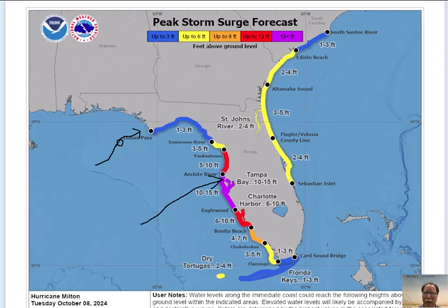significant impact region with respect to the storm surge, perhaps as much as 10 to 15 feet in and around this area right here. Now, farther down along the coast, it'll slowly drop off in terms of the height of the peak storm surge that is expected. But even down in the Keys here, you'll have perhaps 1 to 3, maybe 2 to 4 feet above ground level here. So that is certainly not insignificant, but the worst storm surge appears to be in and just to